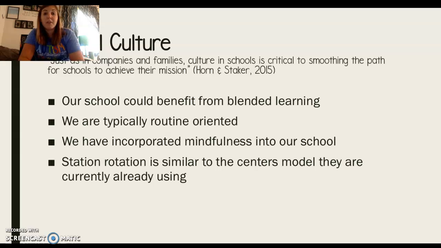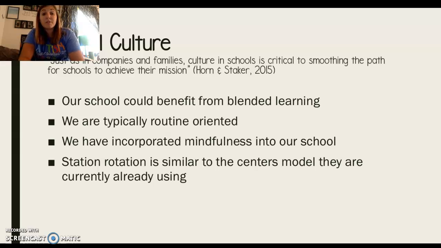I talked a lot about the push-in model with special education now going into the gen ed classroom. And it would be super helpful for those teachers because they're sitting here thinking, oh, we don't have enough staff, they're not hiring any more staff, how are we going to reach all of our students?